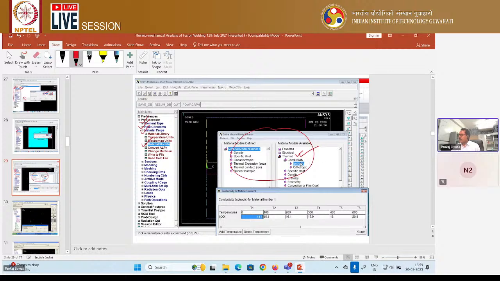On the right side, if we click on conductivity, a window will come. There, by using this add temperature button, we can generate different sets of columns. Like here you see, by clicking add temperature 5 times, 5 columns will come. So where at